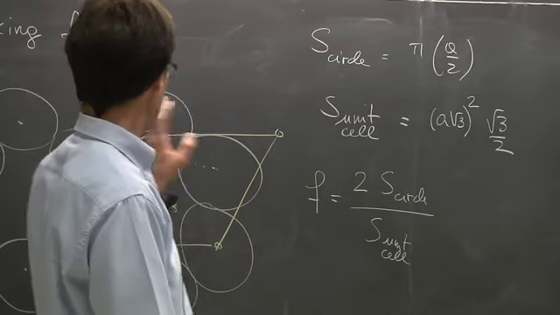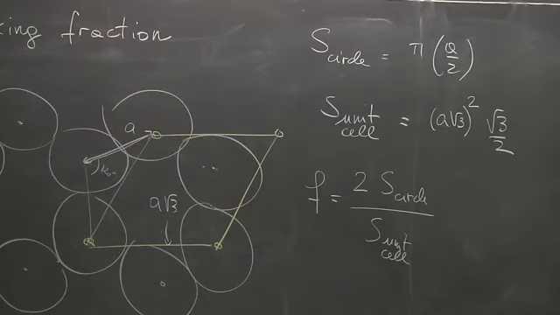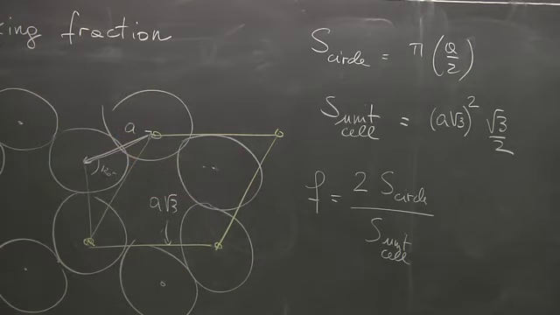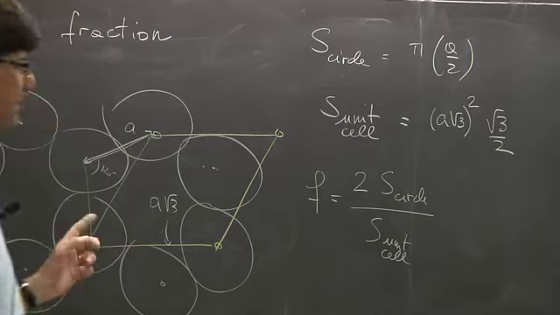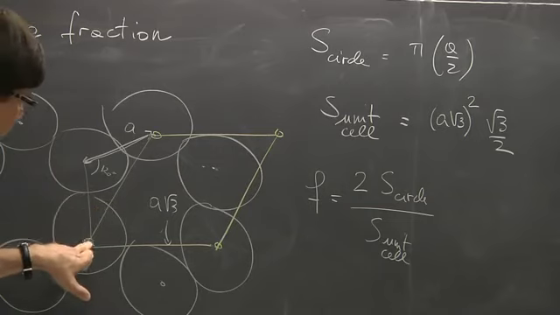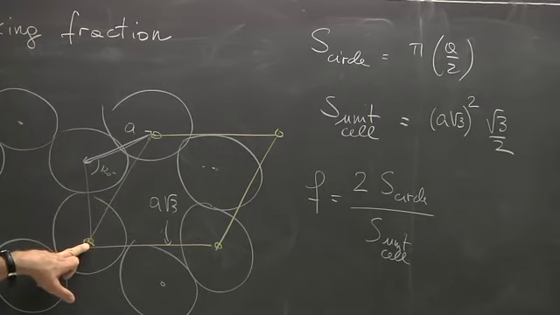Okay. I need to evaluate the ratio between the area occupied by the circles and the overall area available in my system. So let me partition the space per Bravais lattice point. I'm going to evaluate the total area covered by the circles for every Bravais lattice point, and I'm going to take the ratio of this value with the total area available